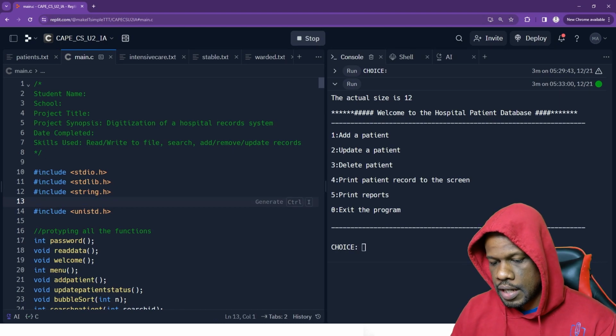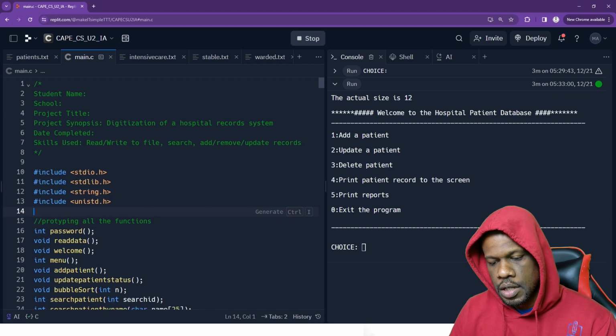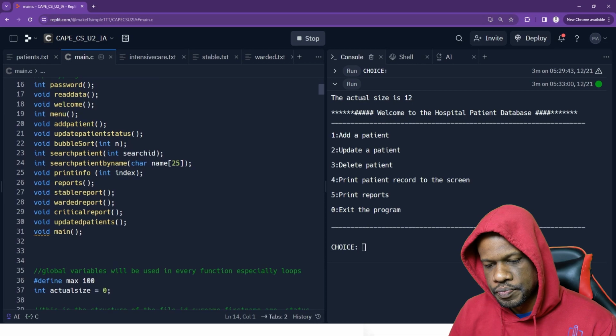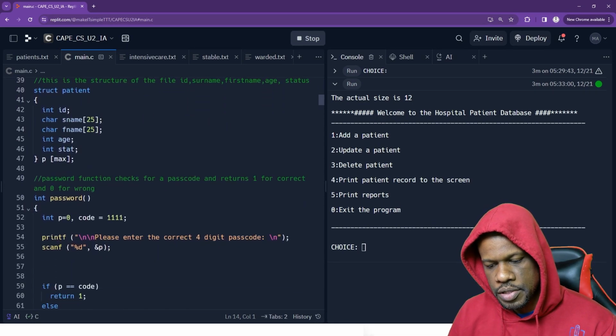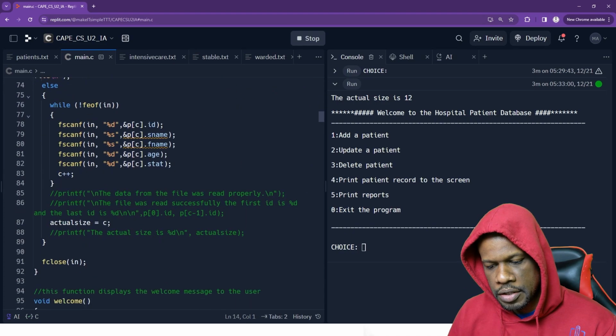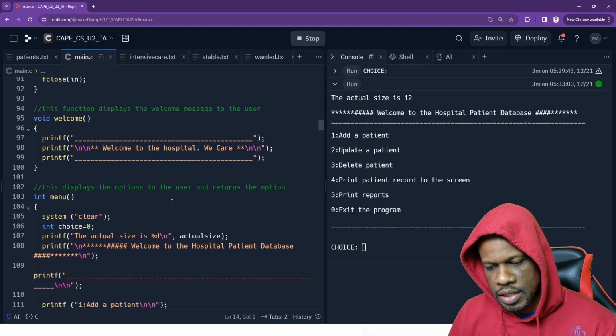So I took time.h out and I put in a library called unistd, UNISTD. That function gives us the ability to put in a sleep. So here's where the sleep really comes in. Look at the menu I have here. When the menu says welcome,